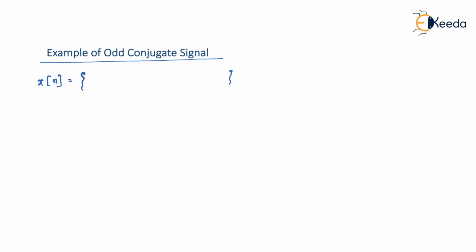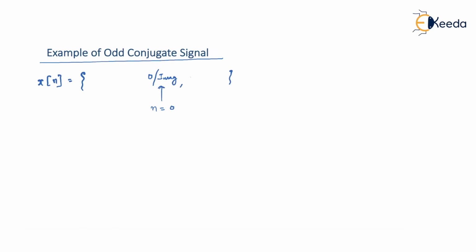If you want this x of n signal to be an odd conjugate signal, then first of all, at n equal to 0, there has to be 0. I'm sure you remember this when we used to have the odd property of x of n. We already stated that for all odd signals, x of n at n equal to 0 is always 0, or x of t at t equal to 0 is always 0. Therefore, I have written 0 here, but one thing we can also have here, at n equal to 0, we can also have a purely imaginary value. This is the criteria at x of n at n equal to 0 position.